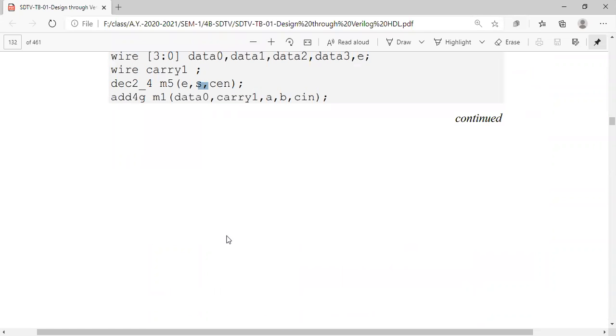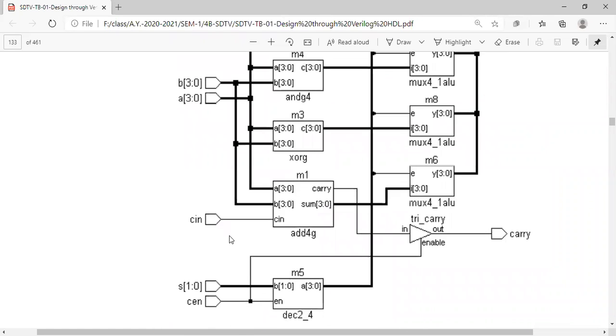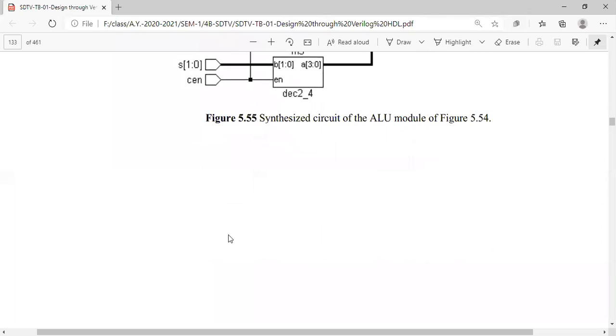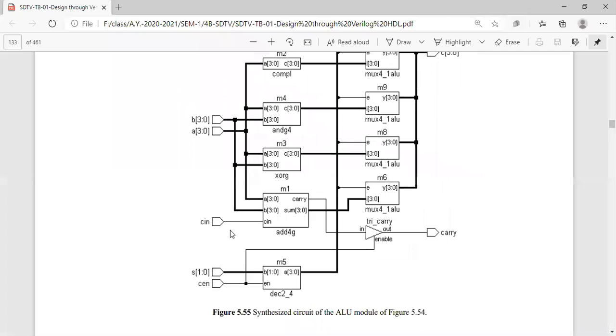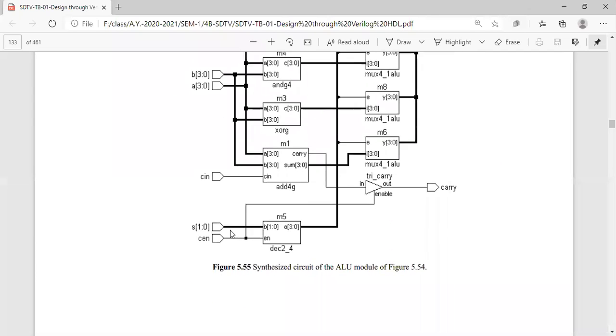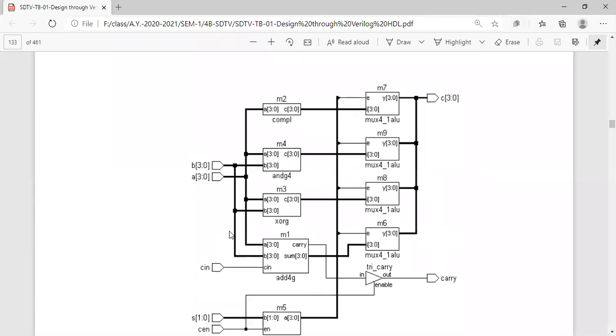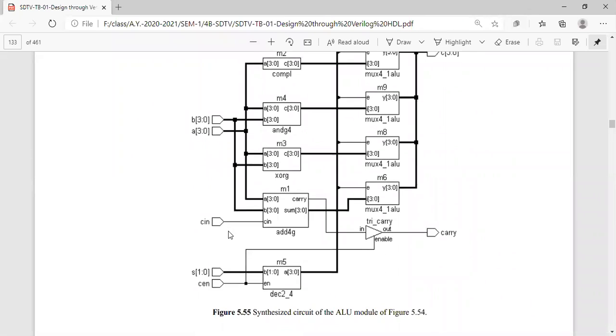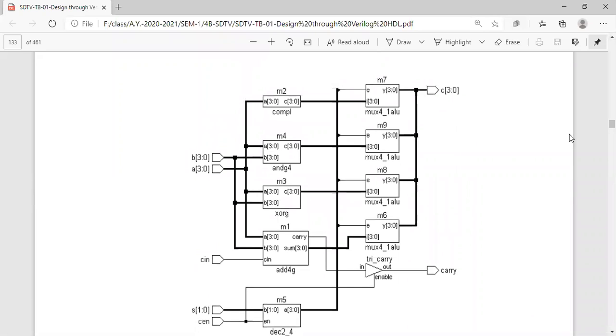We are combining both the decoder and the mux to do our total operation of arithmetic and logic. This is the total thing of our arithmetic and logic unit. So you can see here, this is for complementing of the bits, this is for addition of the 4 bits present in A with B, this is for the XOR gate, and this is for the AND gate. Complementing here means inverter types.